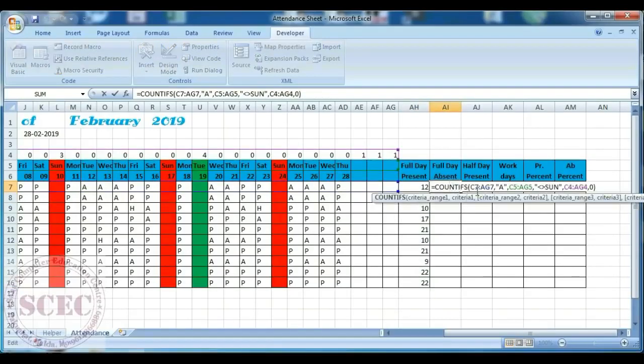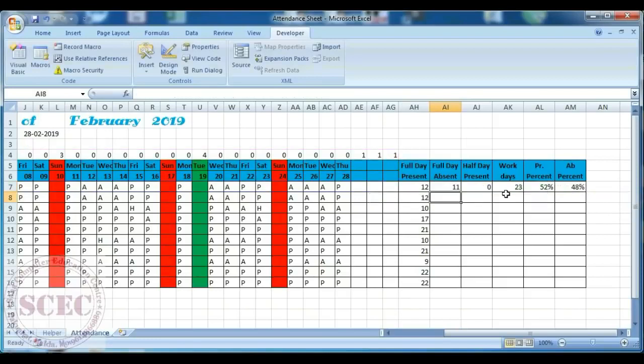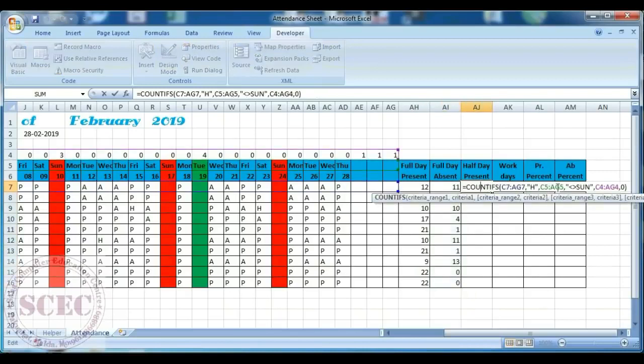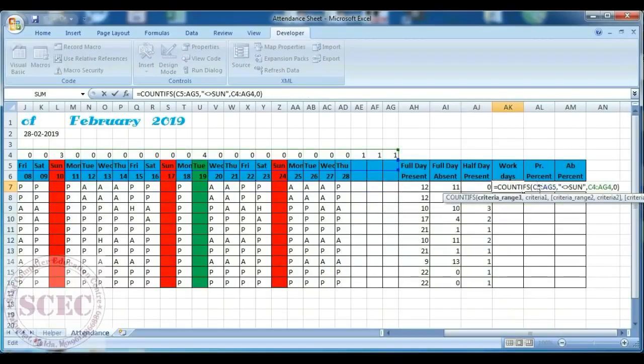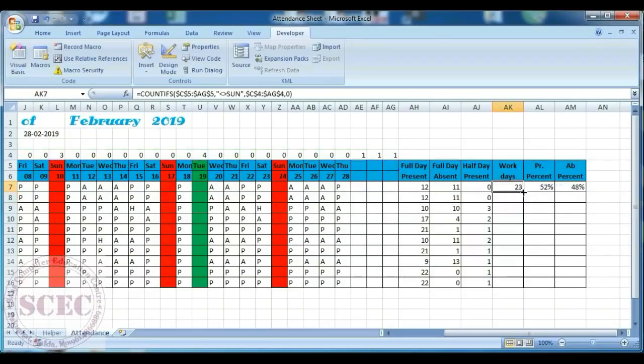Now here again we have to do this. For 5 press F4, for 4 press F4. Yes, okay. And here again for half days F4, and for Sundays is F4. Now it's okay. For working days also, for 5 press F4, press enter, and this will work fine, no problem. So this has been completed,